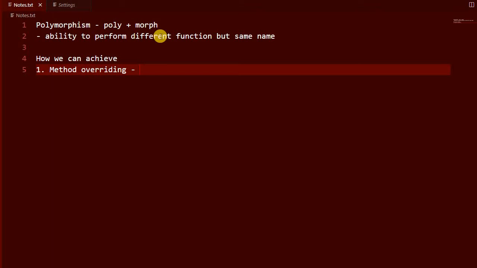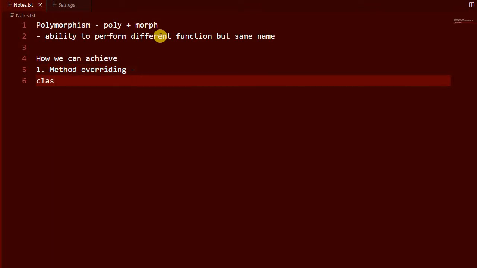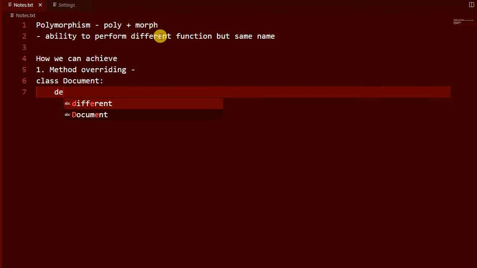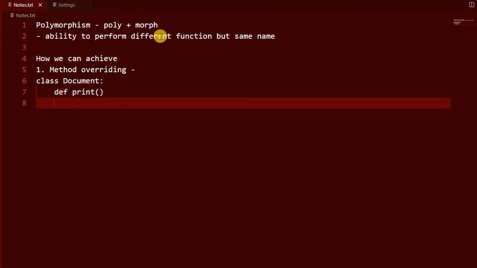So we create a Document class with a method def print, and the other two, Word document and PDF document, can inherit from Document.